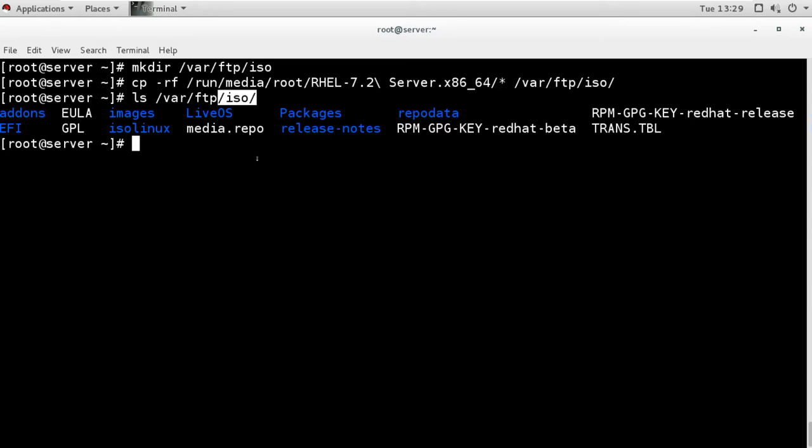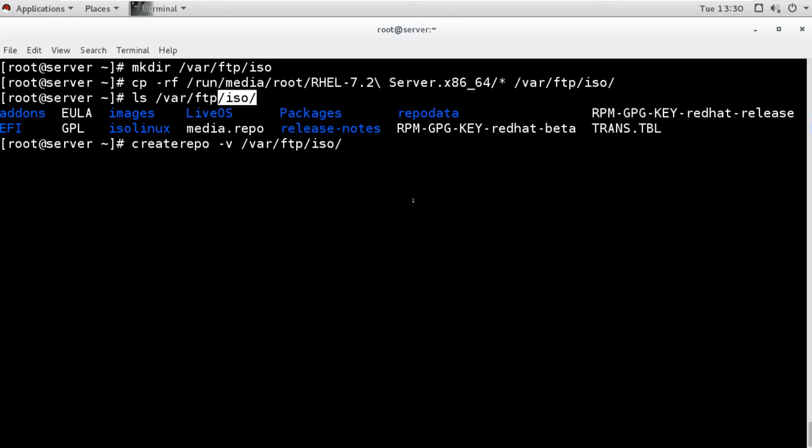So I will run a command called createrepo, with -v for verbose so that I can see what repository it is creating, and I will run it under the FTP ISO directory.